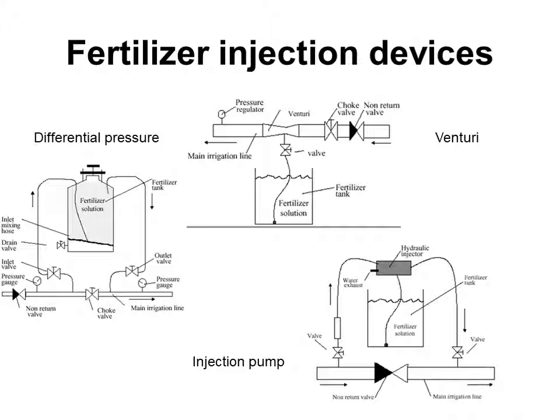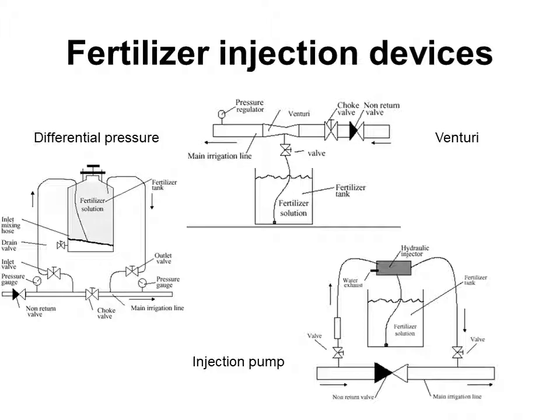Here we have also a non-return valve before upwards from the venturi. Here we are also using the energy of water to take the nutrients into the irrigation